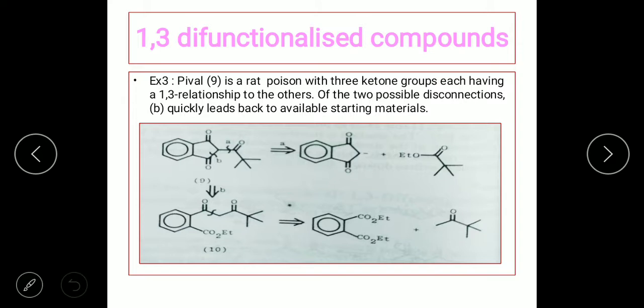And the other group would be just nothing but the elongation of the ring. And now at this point you're going to follow the 1,3 diO disconnection. Once you do the disconnection, the two synthetic equivalents would be a diester and the carbonyl group. So here you're disconnecting, right? So the synthons would be, for the ketone, an anion, and the other would get the positive charge. For the positive cation it is going to be the diester, and for the ketone it is nothing but proton abstraction. So hence this is going to remain as the starting material, the ketone.